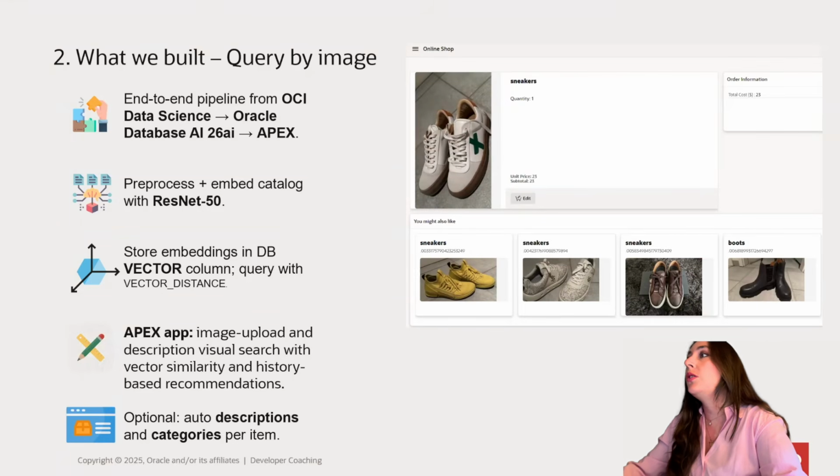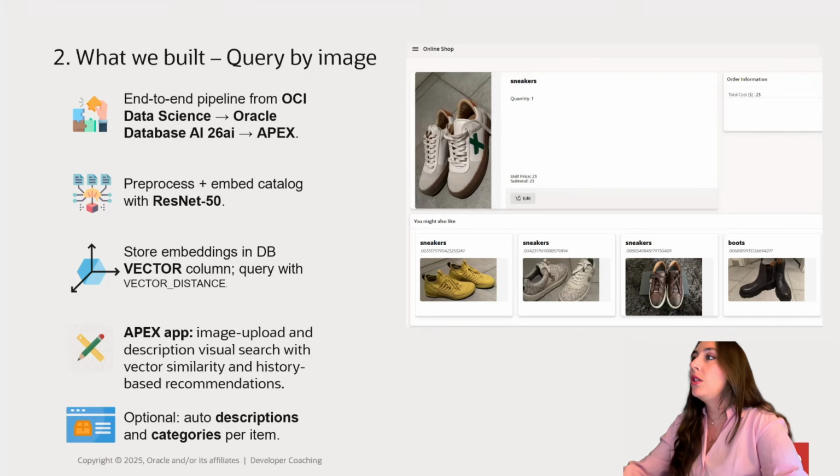Then we're going to store these embeddings in the database in a vector column, and we are going to use vector distance in SQL to find the closest matches. On top of that, we build the Apex application where a user can upload an image or select an item from the catalog.